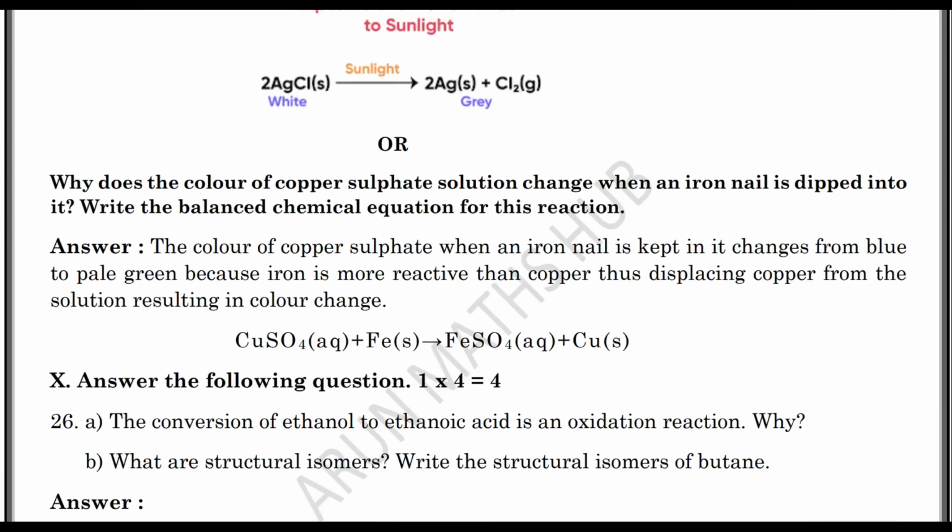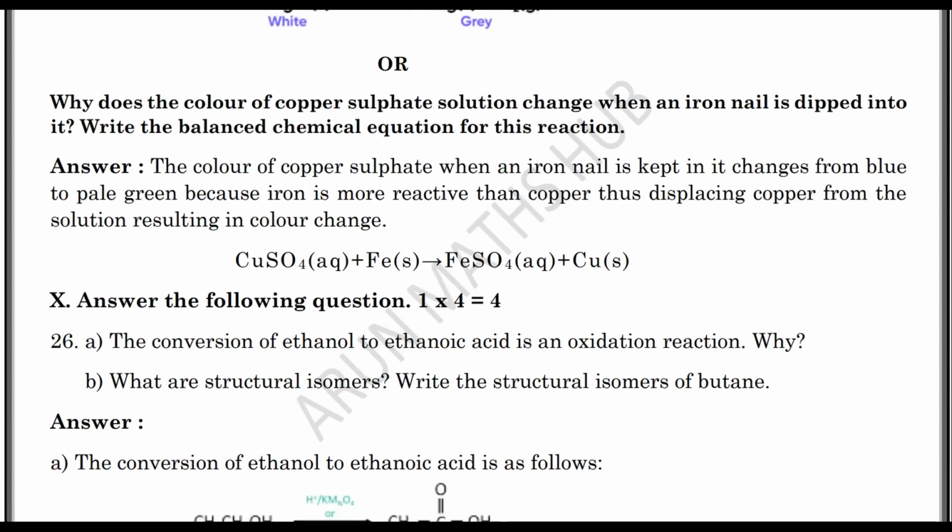Why does the color of copper sulfate solution change when an iron nail is dipped into it? Write the balanced chemical equation for this reaction. The color of copper sulfate solution when an iron nail is kept in it changes from blue to pale green because iron is more reactive than copper, thus it displaces copper from the solution. CuSO4 plus Fe, you can see there is a displacement of copper by iron,